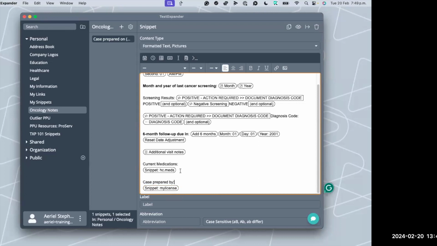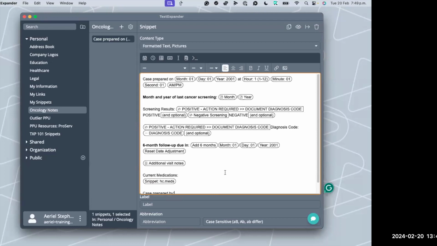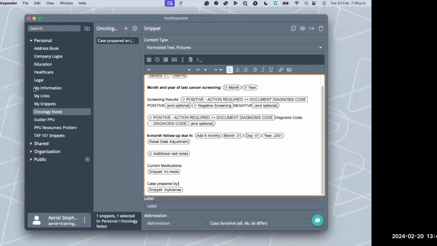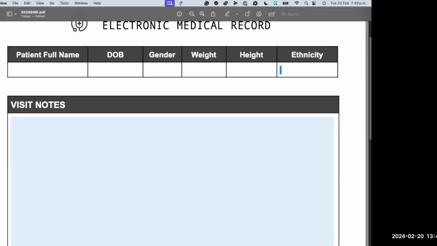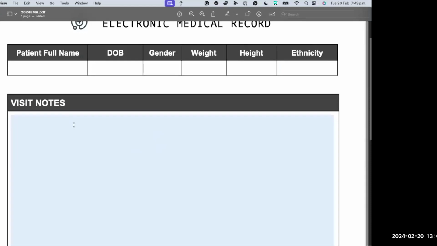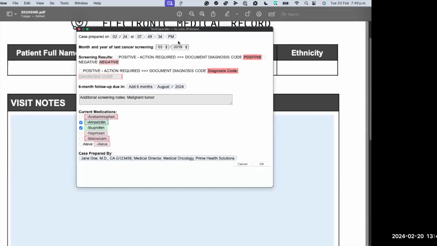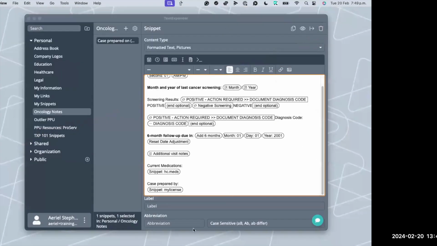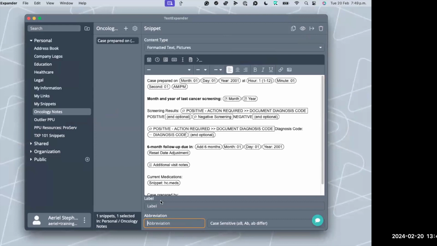Okay, so I think that is everything. If I have not made any mistakes here, we should be able to go ahead and expand this. Let's go ahead and expand it. Pulling this back up. So it is hc.note. Okay. Nope, that is not correct. I need to label this and put the abbreviation.